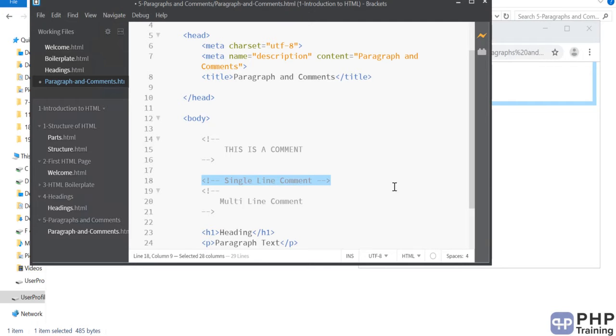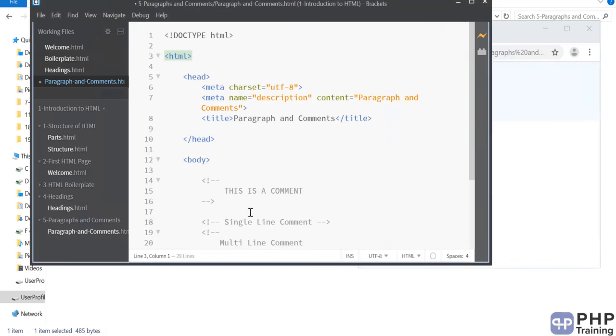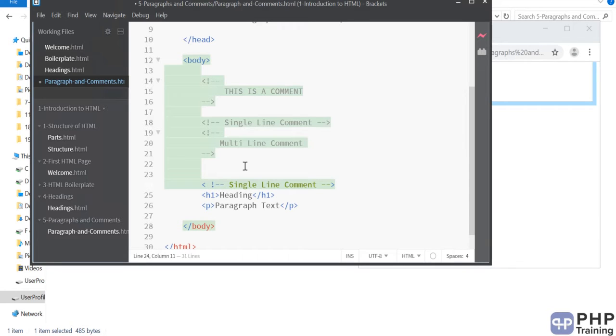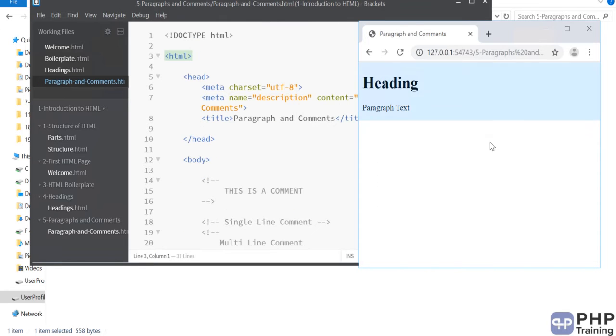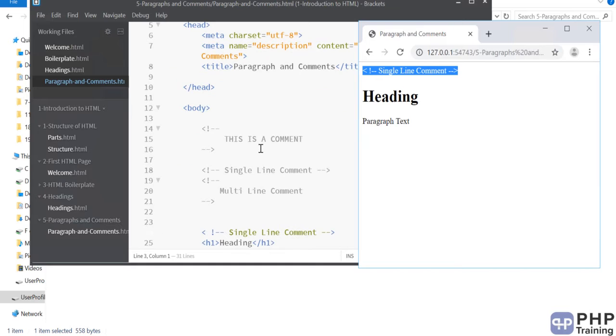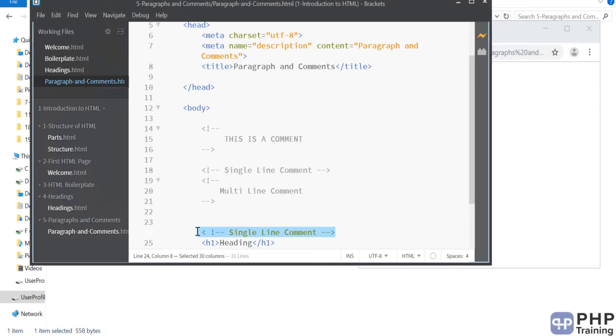And remember, this is not displayed in the output. So you are free to write whatever you want as documentation. For learning purposes, you can start writing comments. Okay, and don't make this one mistake. When you write a comment, don't add a space after the less than symbol. Once you add a space there, it will be visible in the output, because that is not a comment. Make sure the spaces come after the dash dash.